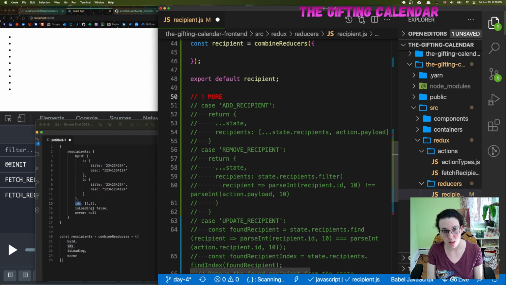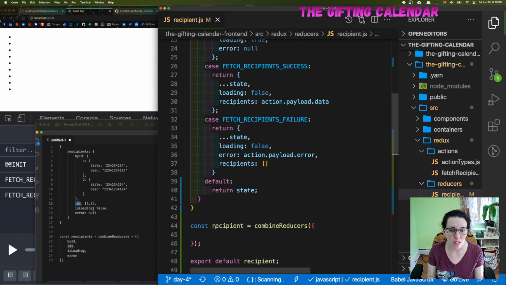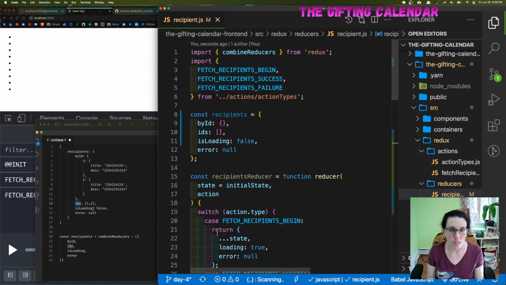More recipient actions to build out. There we go. Okay, and I'm going to do